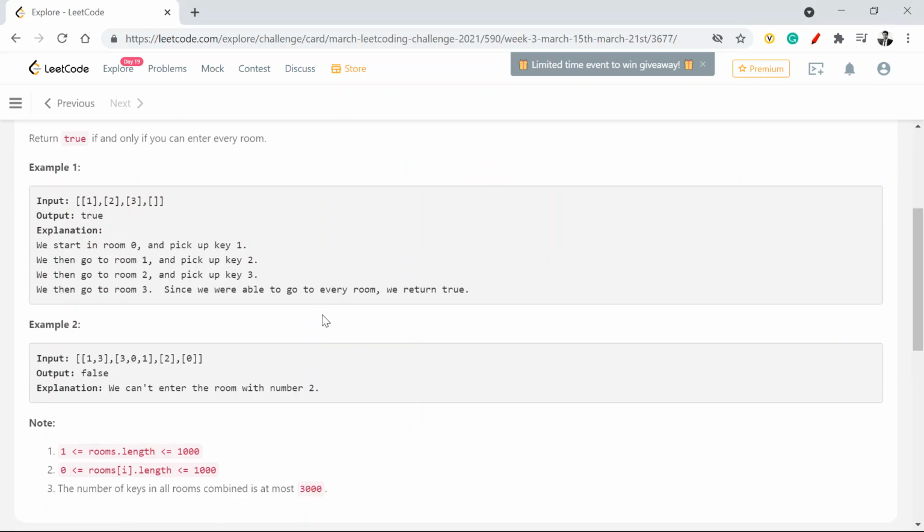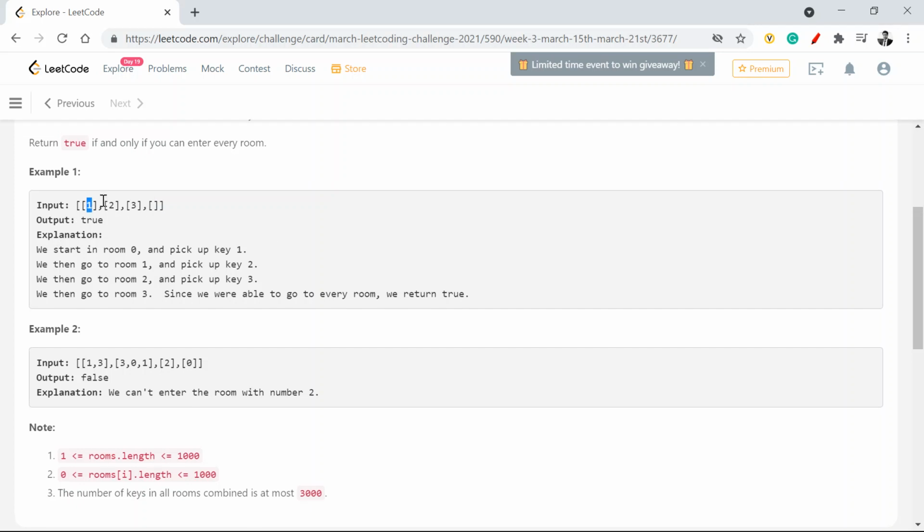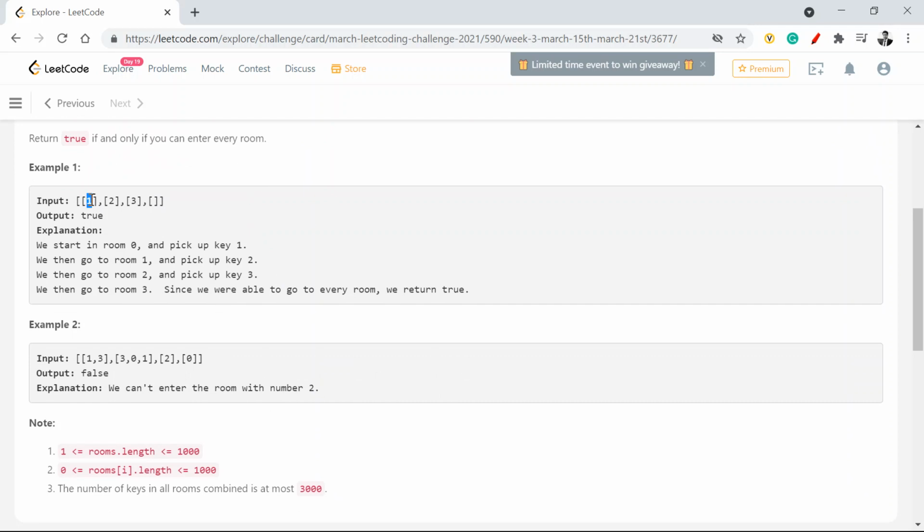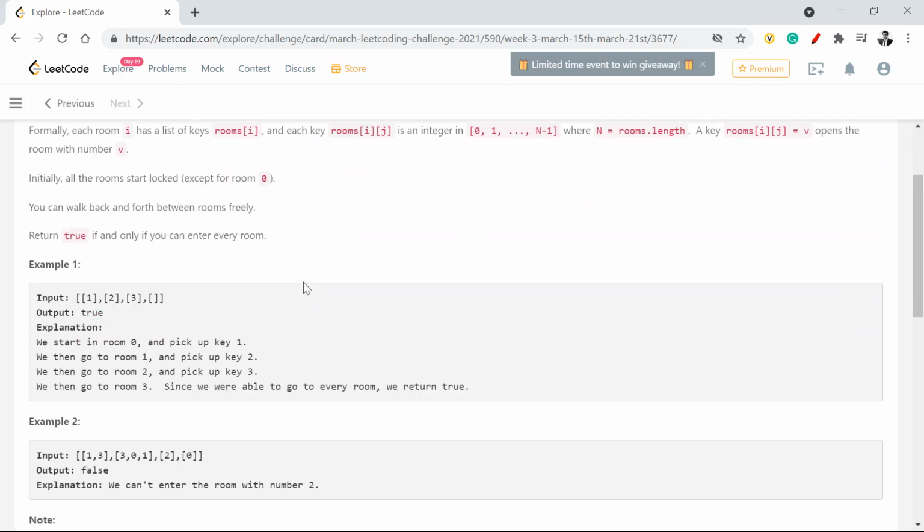Now with that, let's look at an example. I have, say, 1, 2, 3, 4. This is index 0, this is index 1, this is index 2, this is index 3. At room 0, which is where I always have to start, I have a key to room 1. I pick that key and go to room 1. I find the key to room 2. If I go to that one, I find the key to room 3. I started with room 0, I went to 1, I went to 2, I went to 3. That means I have visited all 4 rooms which were there, because 0 is always the starting index anyway.